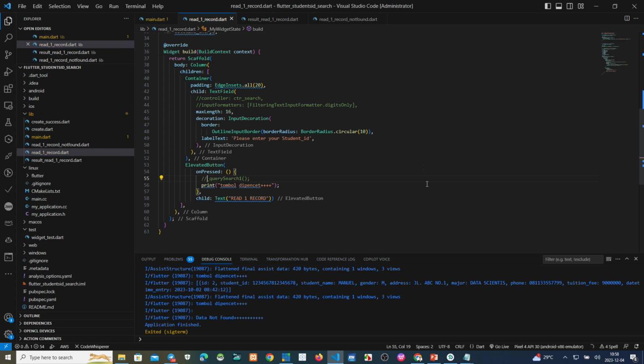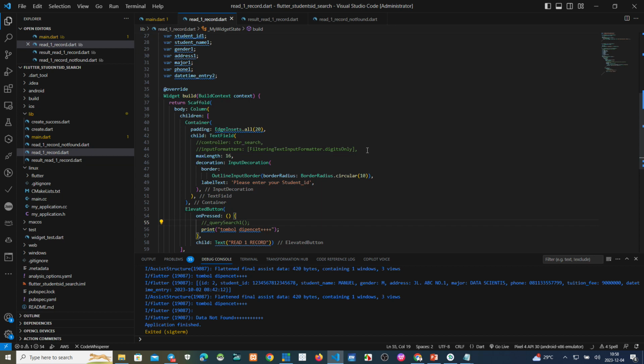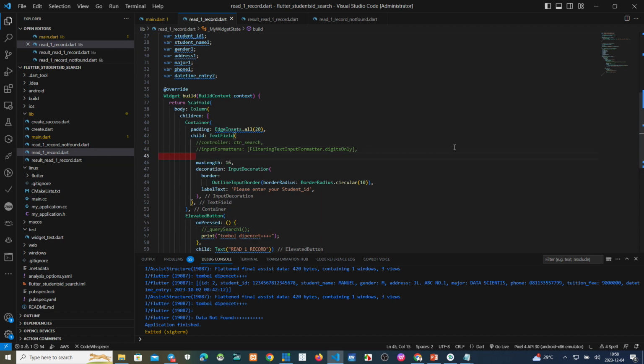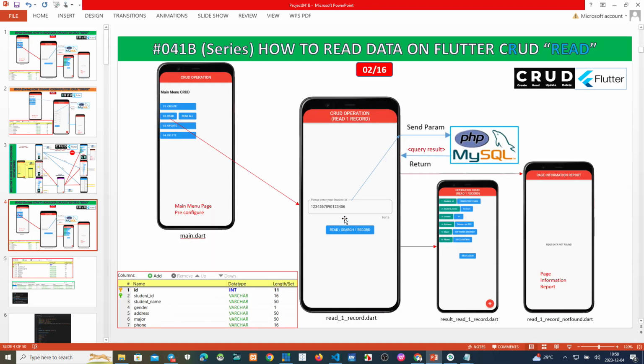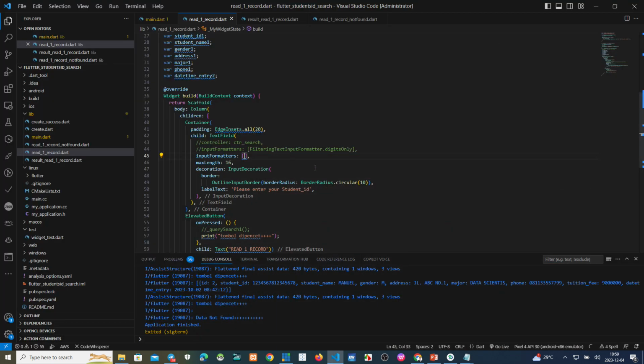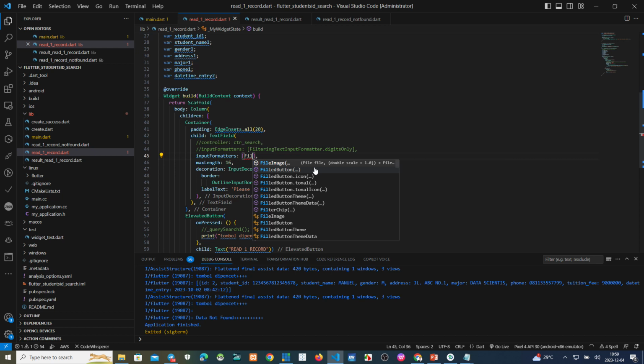Save. So now we make an input formatter, so that if we put here just digits only, there is no alphabet here. We make filtering, digit only here.